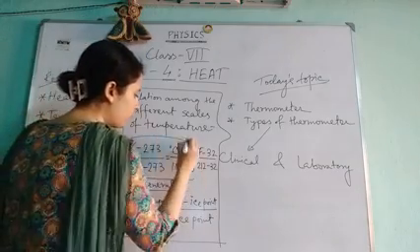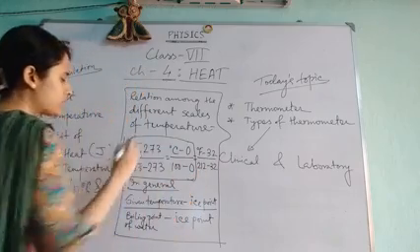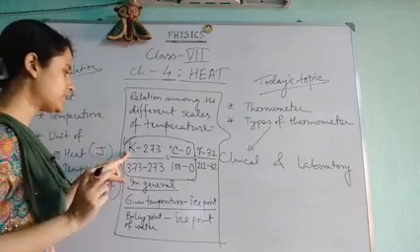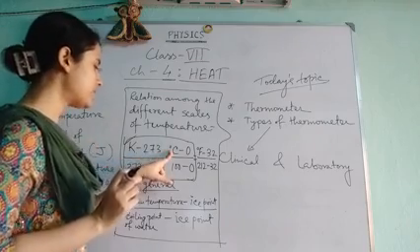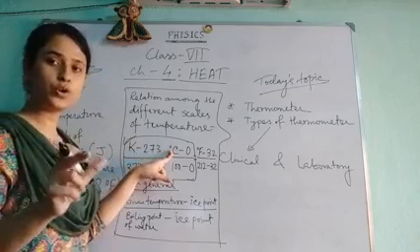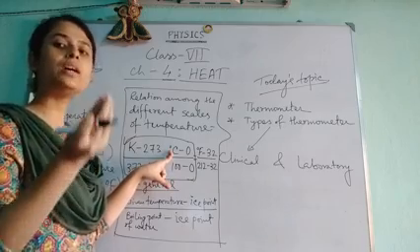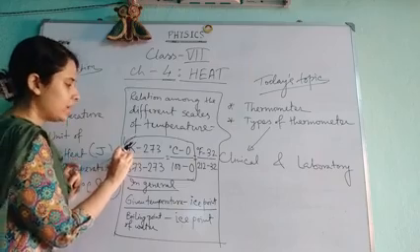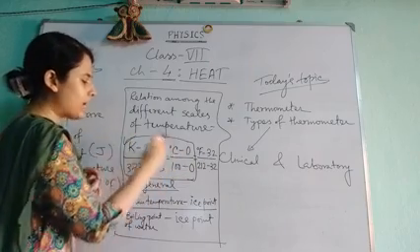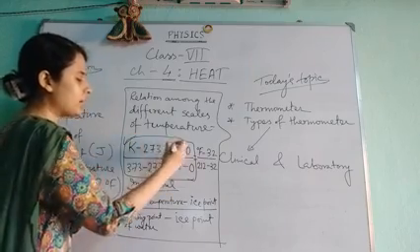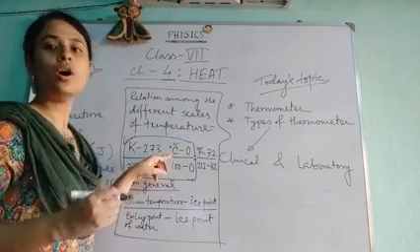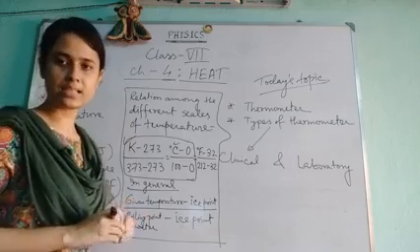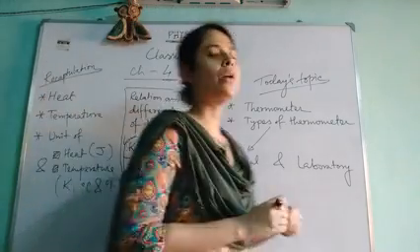So by using one equation, suppose you are given the temperature in Kelvin scale and you are asked to find out the degree Celsius. So what you will do, you will put the value of the temperature which is given in the Kelvin scale at this point. Then you are getting the equation. By solving the equation, you can find out what will be the value of that temperature in the degree Celsius scale.